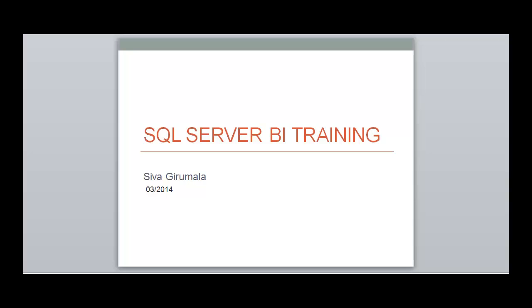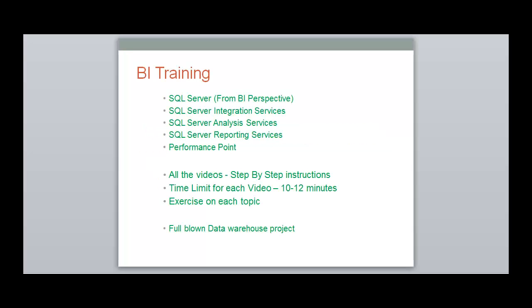SQL Server BI training, and this is Siva Girmala. In this series, SQL Server BI training, I'm going to create a website to cover the salient features of SQL Server from a BI perspective: SQL Server Integration Services, SQL Server Analysis Services, SQL Server Reporting Services, and PerformancePoint. I would like to cover the features of SQL Server 2012 from a BI perspective, not from a DBA point of view. Whatever is required to understand the BI concepts, we will cover those